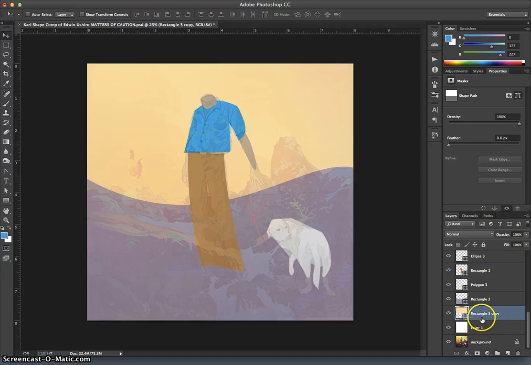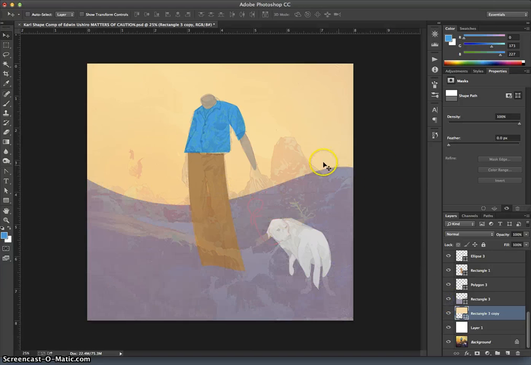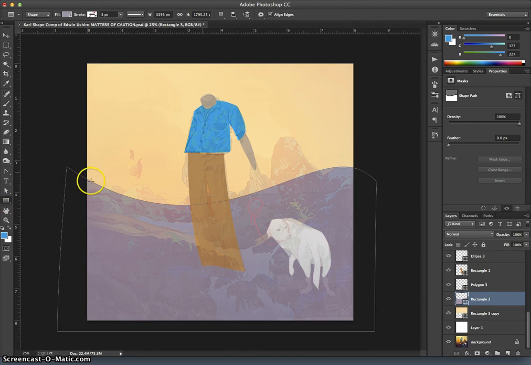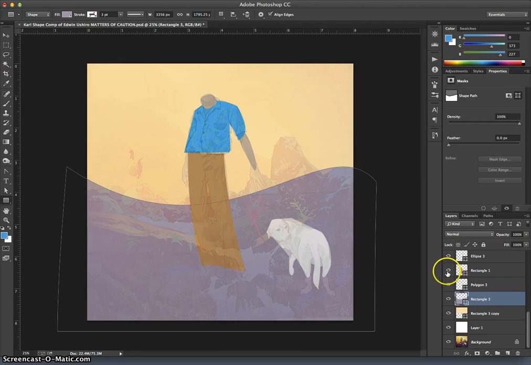So when you're thinking about layer shapes, think of them like cutouts of pieces of paper. And it doesn't make any sense for me to cut both of these into a shape, right? I just need the one on top to cut out the shape I want. Now I need to add another shape for these mountains. So I'm going to select on the purple, and instead of creating a new shape layer, like so, I can also just duplicate what I had before. So I can hit Command J,